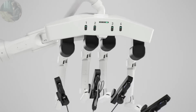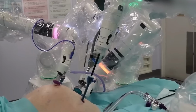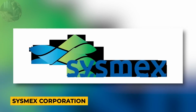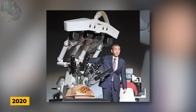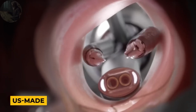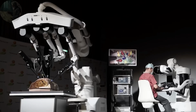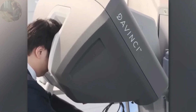Kawasaki didn't stop there. It moved into medical robotics with the Hinotori surgical robot, designed for minimally invasive procedures like prostate and gastrointestinal surgeries. Created with Sysmex Corporation, the Hinotori launched officially in 2020, offering Japanese hospitals a homegrown alternative to the US-made Da Vinci system. With ultra-precise arms and high-def 3D vision, the robot was built to follow a surgeon's exact hand motions in tight,